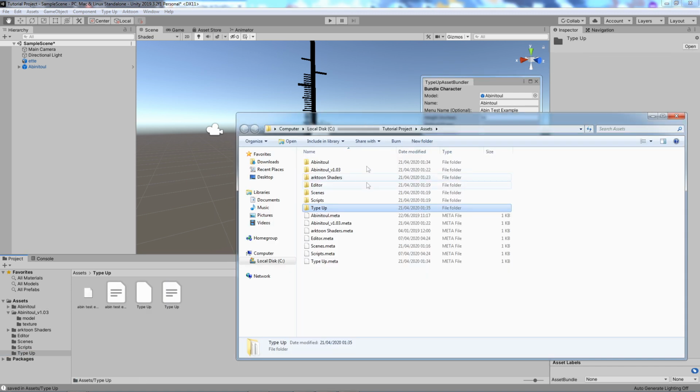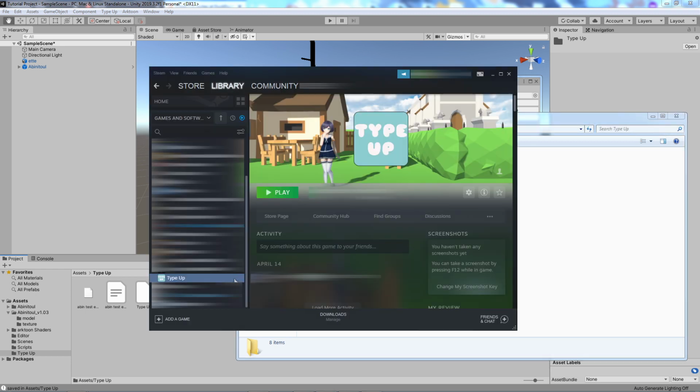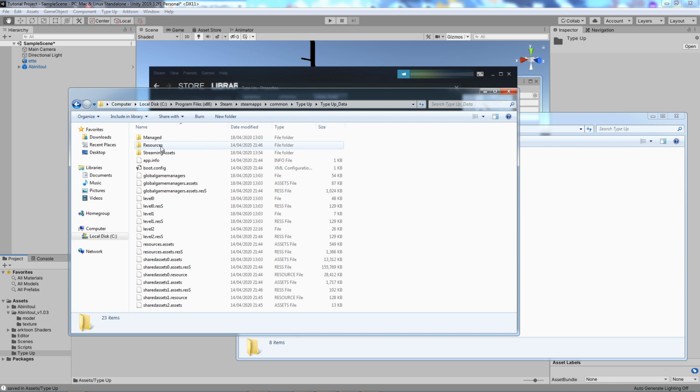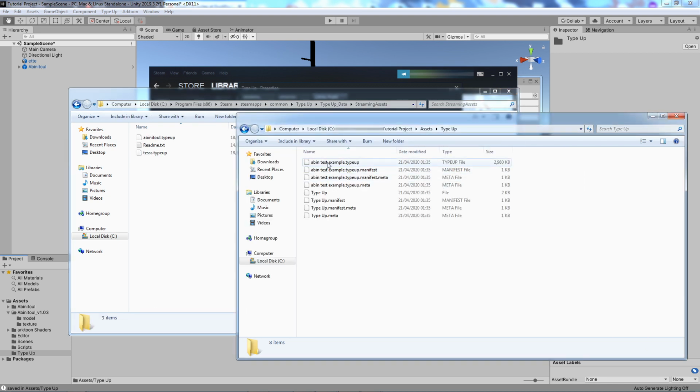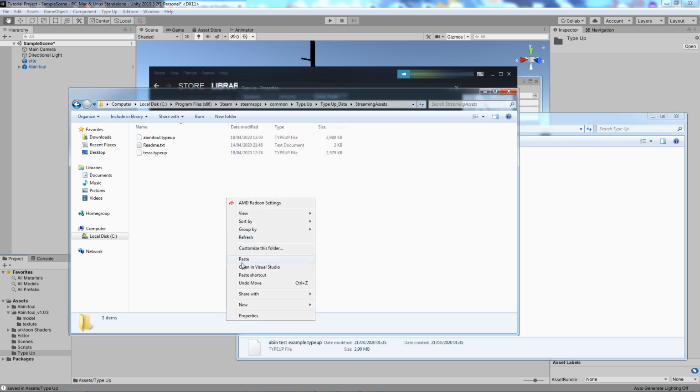One way is to open up the game, click the custom assets folder, and that will take you straight to it. At the time of recording, you'll have to restart the game in order to get it to reread the folder. The other way is if you go into Steam, go to your Steam library, right click the game, properties, local files, browse local files. This will take you to the game's folder, and then it's the type up data, streaming assets, and then we can simply copy and paste our .typeup file into the streaming assets folder, start the game up,